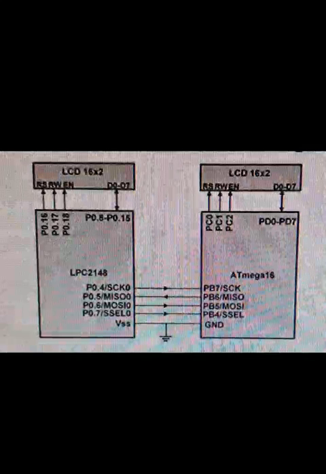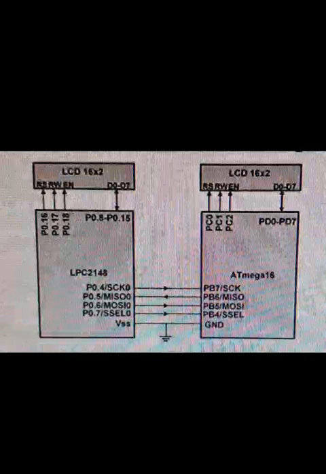The first step is the SPI0 initialization, that means initializing for master mode. Use the pin selector to configure P0.4, P0.5, P0.6 and P0.7 as GPIO pins, and configure the general purpose output pin to select the slave device. Then select a clock prescaler using the S0SPCCR register. The second step is the initialization for slave mode.